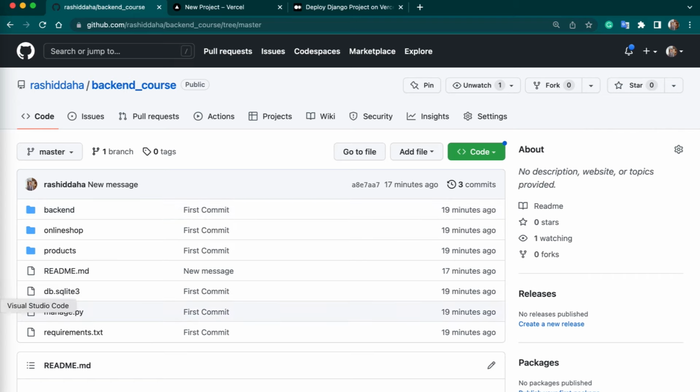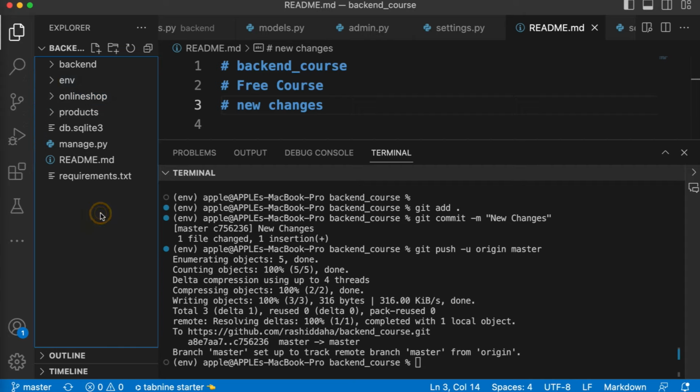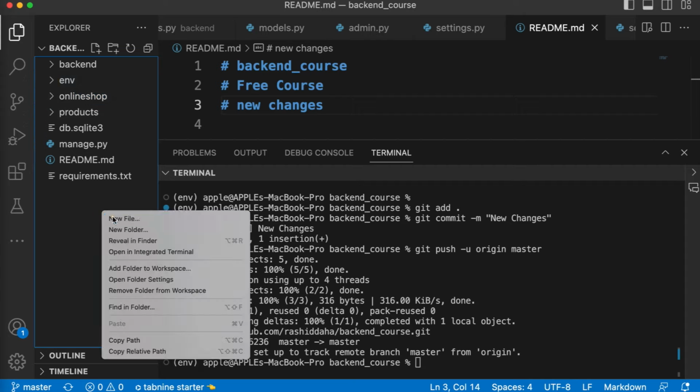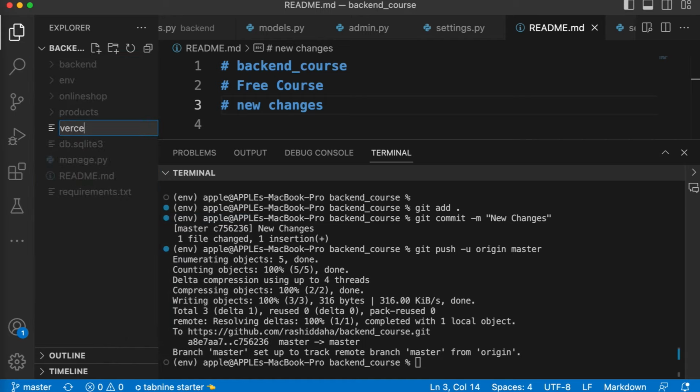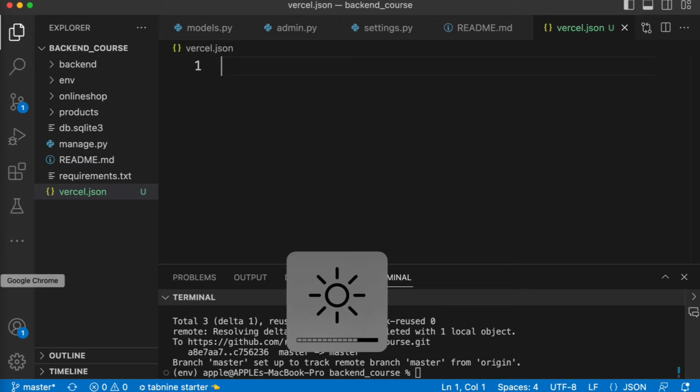Now let's create a file. This is our project code, and I have already cloned it. I will create a file and give it the name vercel.json. You have to create this vercel.json file in the root of your project directory. This file is used by Vercel to configure your project deployment settings. So we need to add some code in this file. To copy the code, I will recommend you